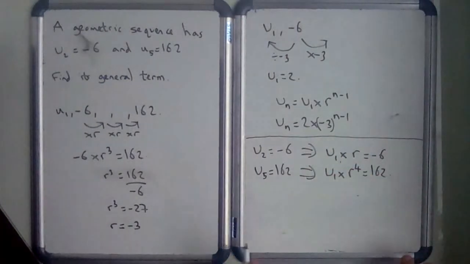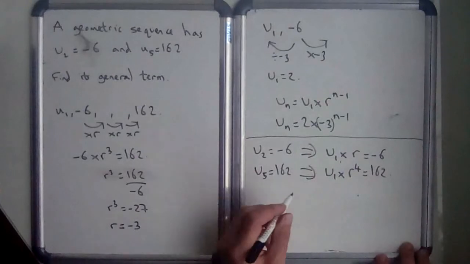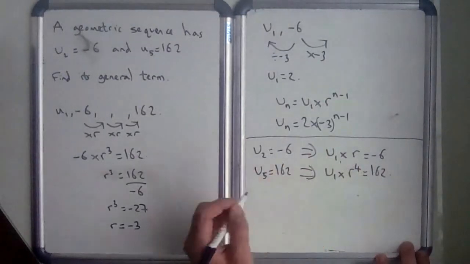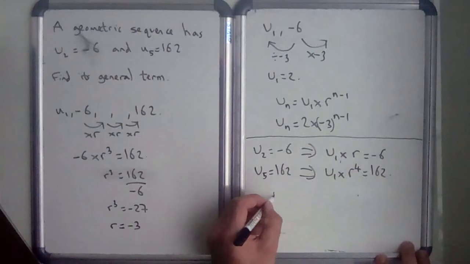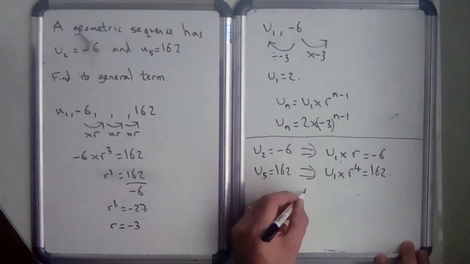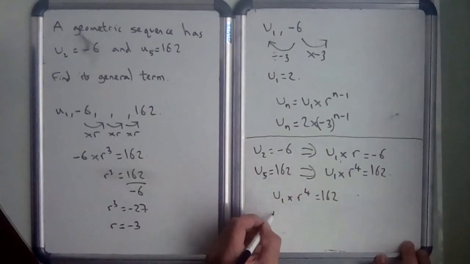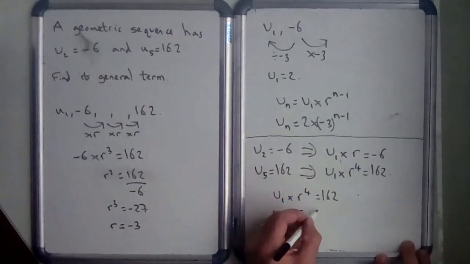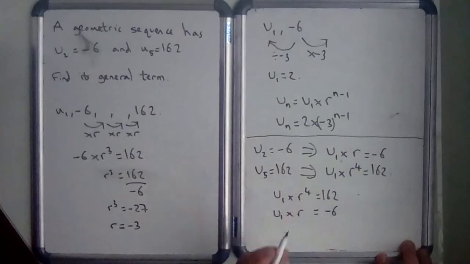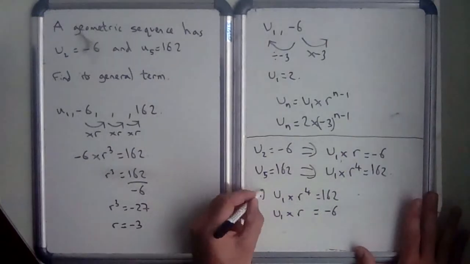So if I write those the other way around to make it easier, u1 times r to the 4 equals 162 and u1 times r equals minus 6, say I call these two